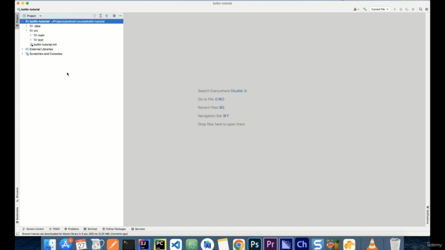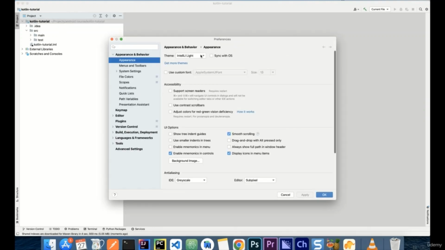In any case, this is our development environment. Now, I want to take a bit of a moment to kind of run you through a few of the options that we have here in the environment, because they will come in useful later on. So first of all, if we click here in IntelliJ IDEA, we have our preferences. Okay, so for the preferences, we have a bunch of options here. Just go ahead and check them out if you like, get accustomed to them. You can also search for a preference if you like, if you're looking for something specific.